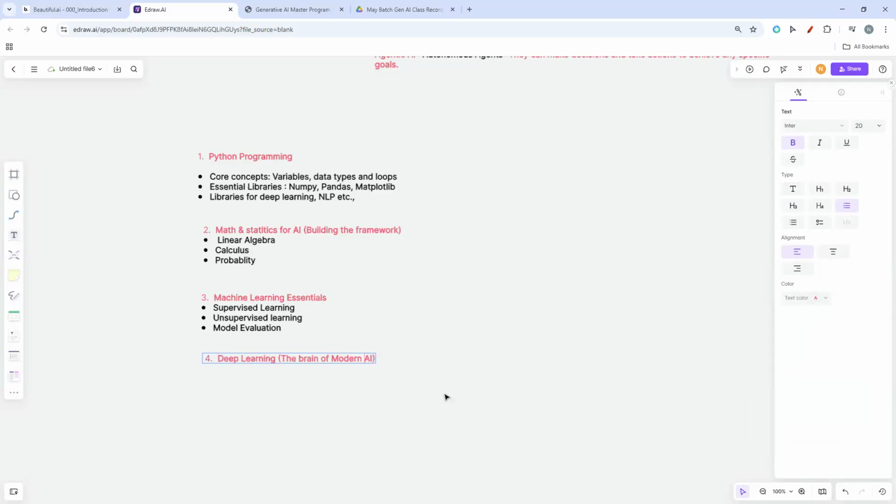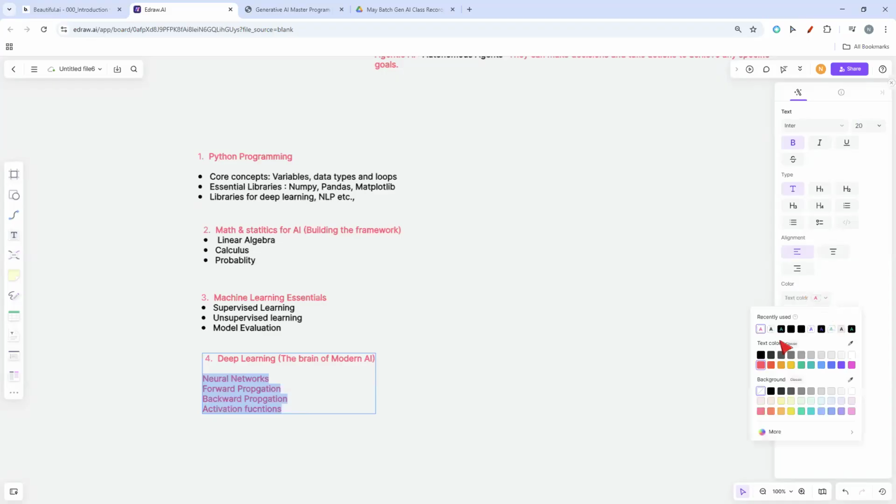So here we are going to look at many things. We will see neural networks and forward propagation, backward propagation, and activation functions, loss functions, optimizers. So we have many things in deep learning, and we are going to cover all these in a very detailed